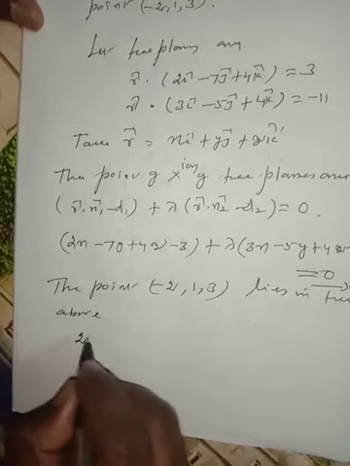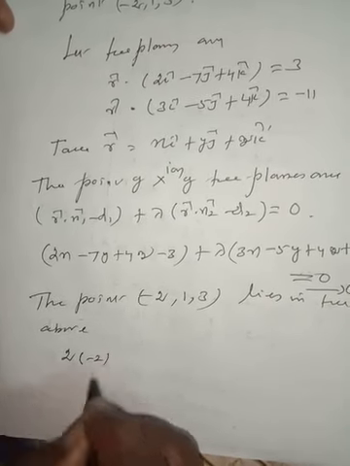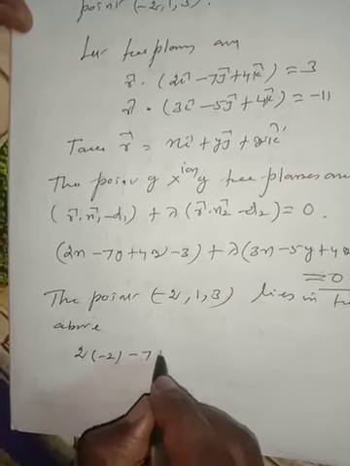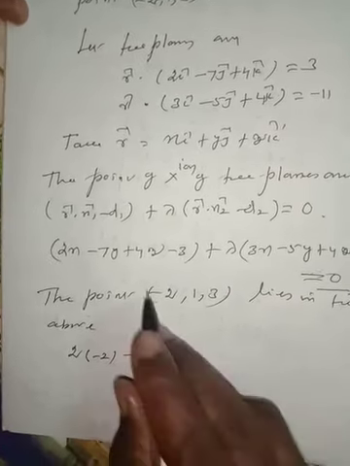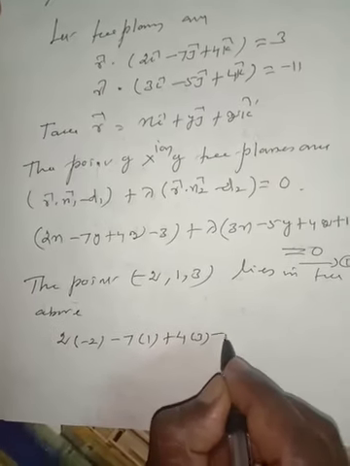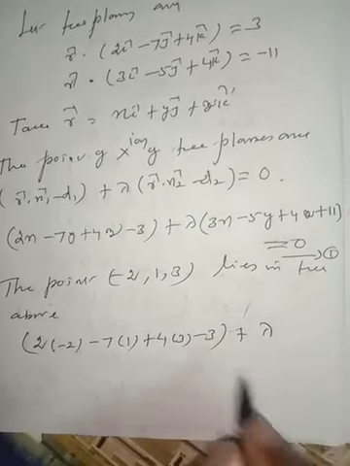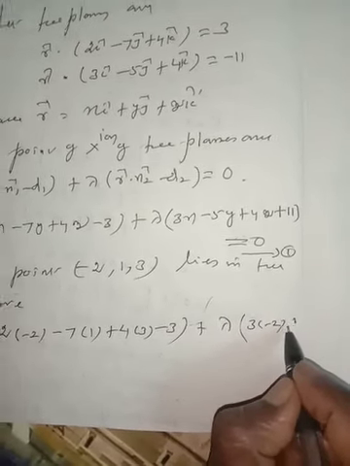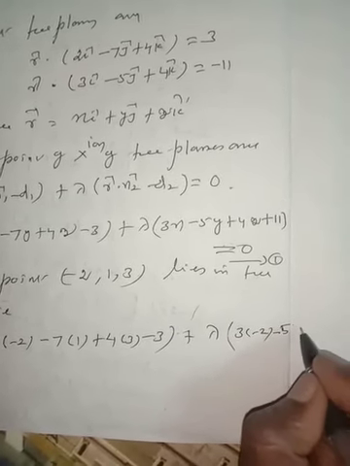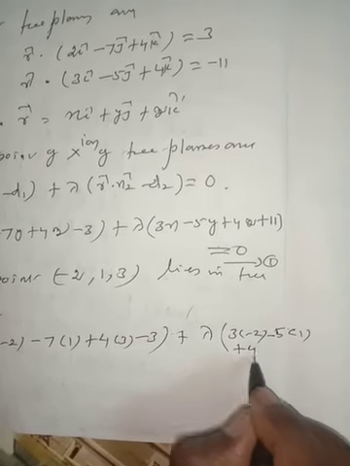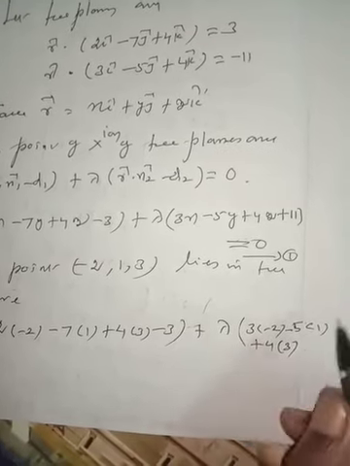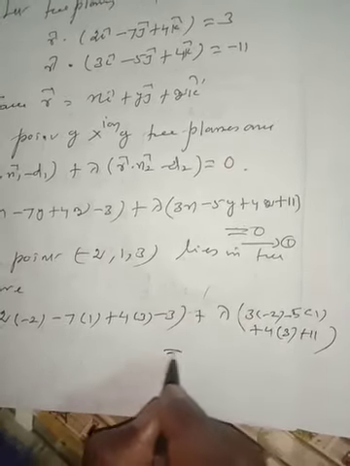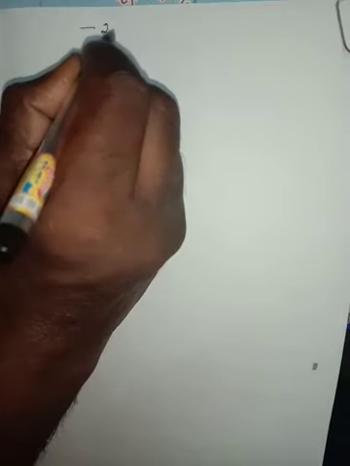We have 2 into minus 2 minus 7 into 1 plus 4 into 3 minus 3 plus lambda into 3 into minus 2 minus 5 into 1 plus 4 into 3 plus 11 is equal to 0. This means minus 2 plus 2 lambda